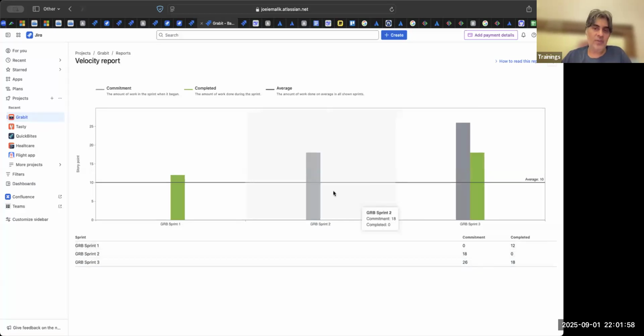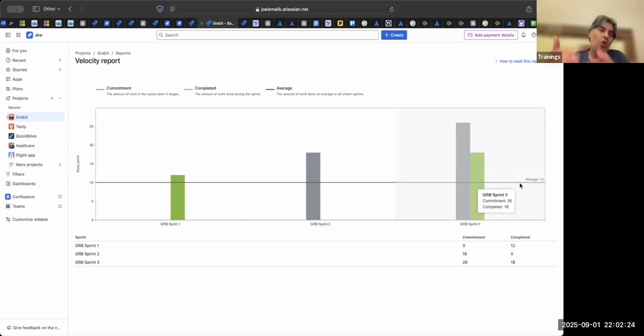But this is the example. In sprint 2, we could not complete any story, 0, because there was some issue in the testing server and all the stories got a spillover. So in this case, you can see my average is 10. But again, the first 3 or 4 sprints are like that only. By 5th sprint, you have some indication of how many story points they can probably do. As you grow more mature, 6th, 7th, 8th, 9th, 10th sprint, you will have substantial data to base your target on.